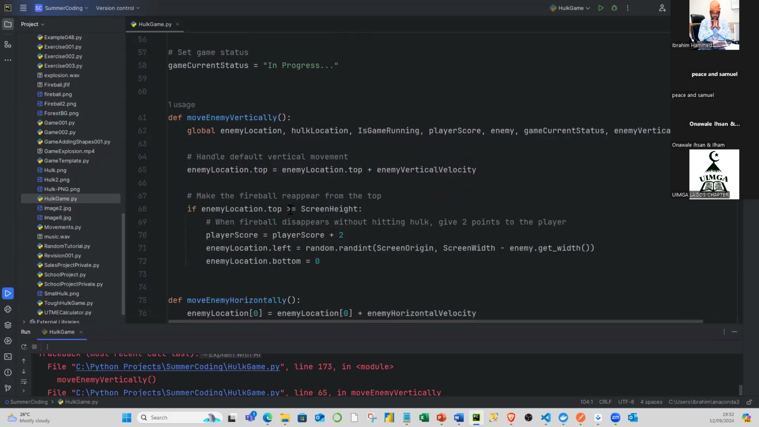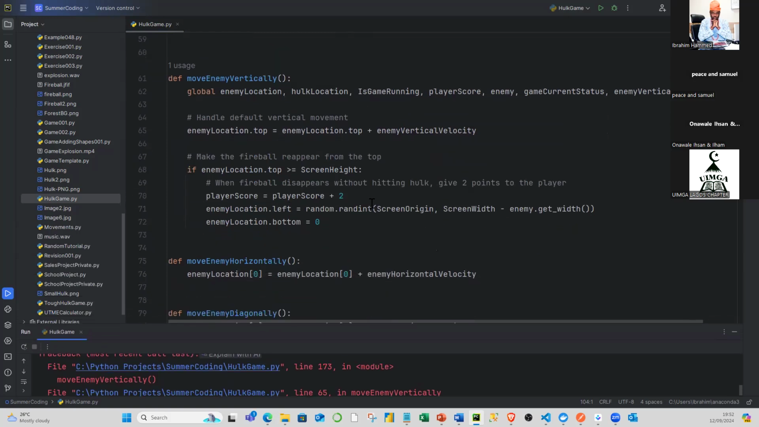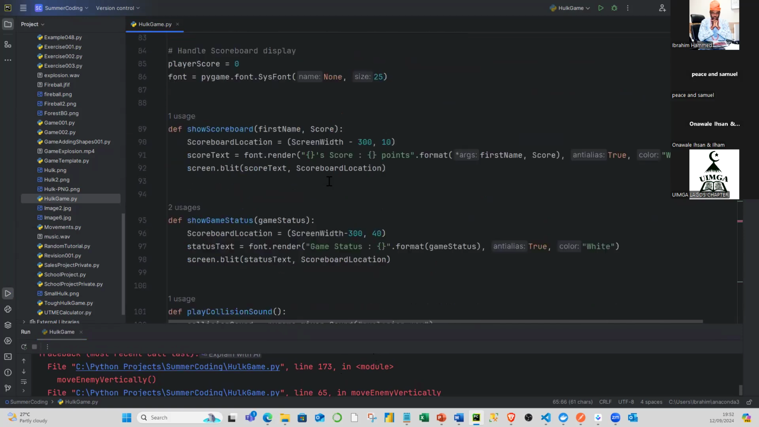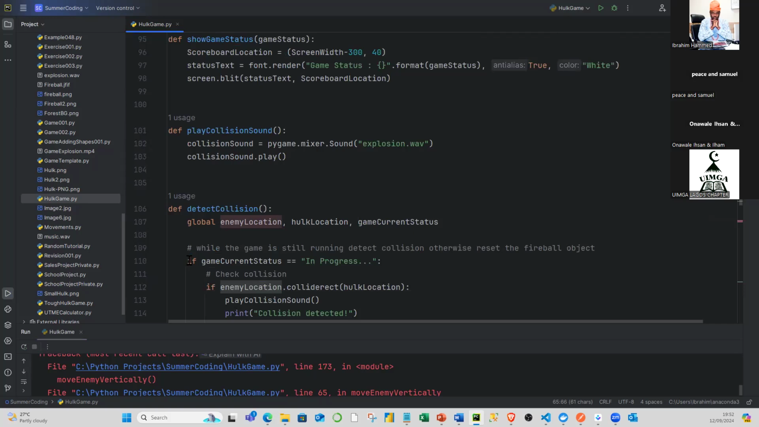Okay, so it says we need to adjust something in this function, move enemy vertically. I know from experience that what it is complaining about is line 65, which is this. When there is a collision between Orc and that fireball, we do not see the top of the enemy again because I have reset the location. So what I did for the detect collision down here, this one, I will need the same logic